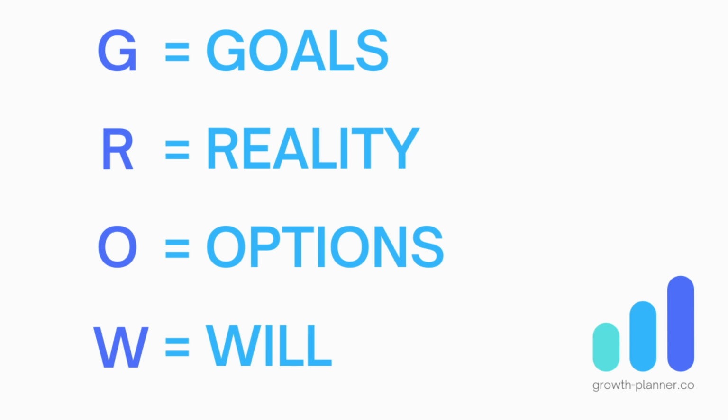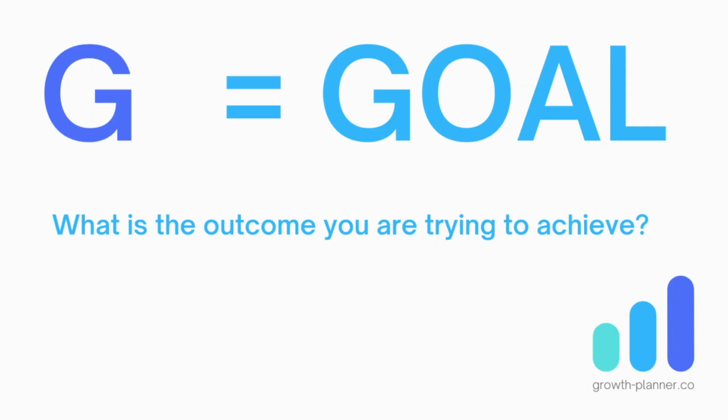So this is what that model's about. So this is what I want you to work through. So the first part is literally G, which is goals. Where are you in relation to your goals? Have your goals changed? Have you, from the ones that you set at the start, do you want to set new goals? Or are you on track? But just basically going back to that point, what is the goal? What is it that you're trying to achieve?